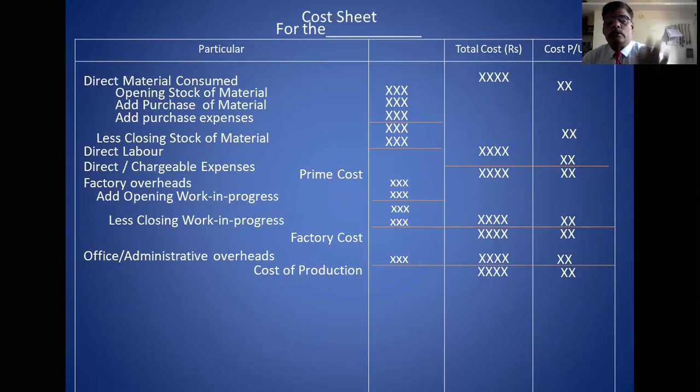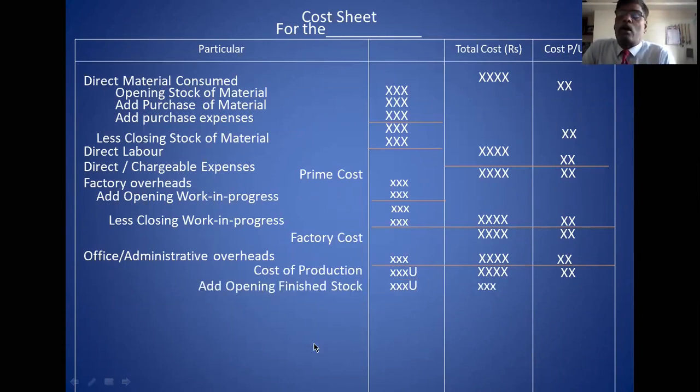Once again, I will show this. This is the total cost of production. This is the cost per unit. After completing this, in this stage, you write the units produced in the inner column. In the unit column, inner column, you write the units produced. Okay. Then you take the next step. Next step is